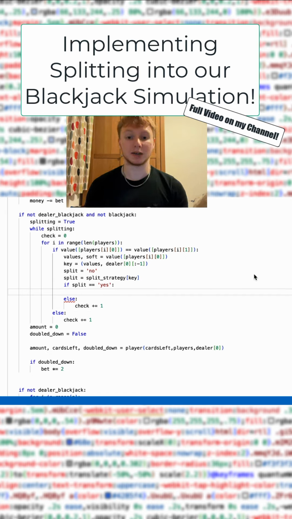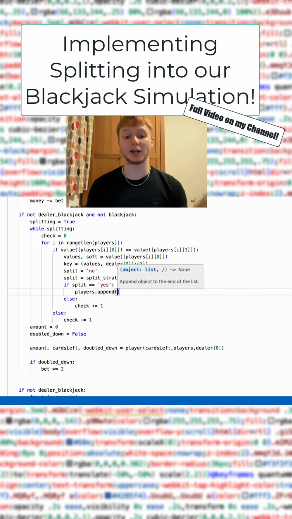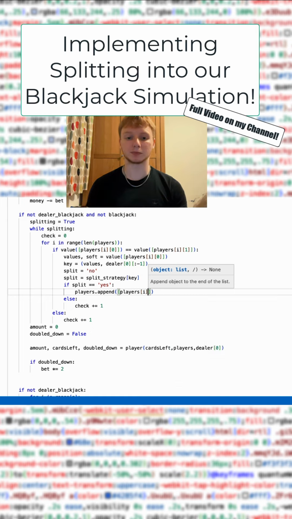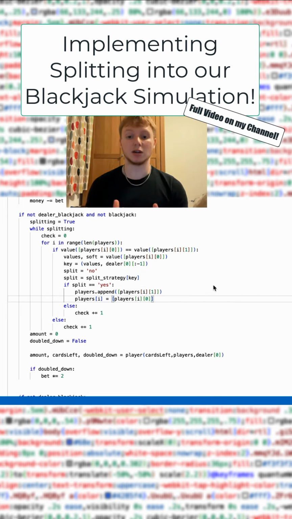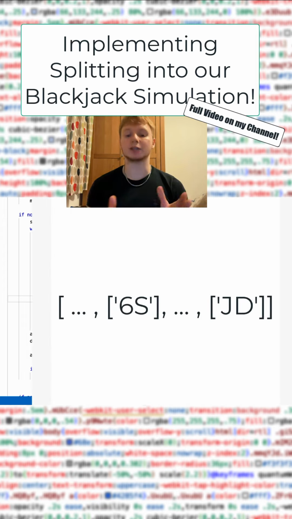Now if we are splitting, first we've got to split the cards by first appending onto the player's list a new hand, which will already have a card being the second card that was in the original hand, player's i1. Now set the original to a list with just that first card in. So to visualize, the original list will get split up into 2 lists like so. Bear in mind that the